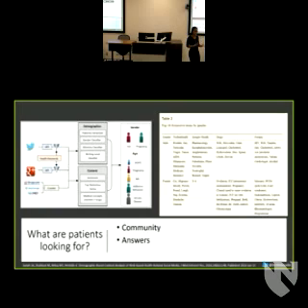And searching online for a community of people who have had similar diagnoses can be the first step towards that individual making some sort of recovery, coming to terms with what their condition is, and really listening to the medical professionals who are advising them. They're looking for answers, and they're looking for validation. They want to make sure that the things they're feeling when they consider their condition are not out of the blue.